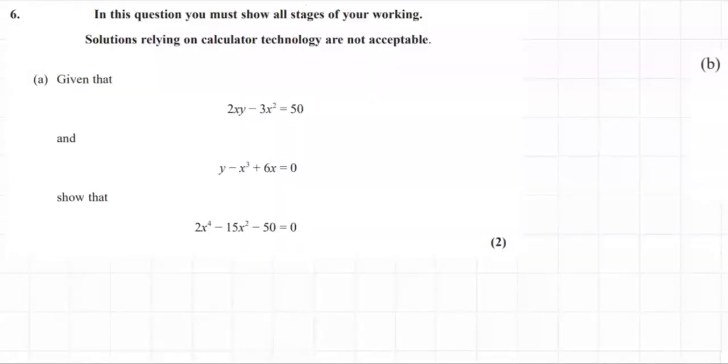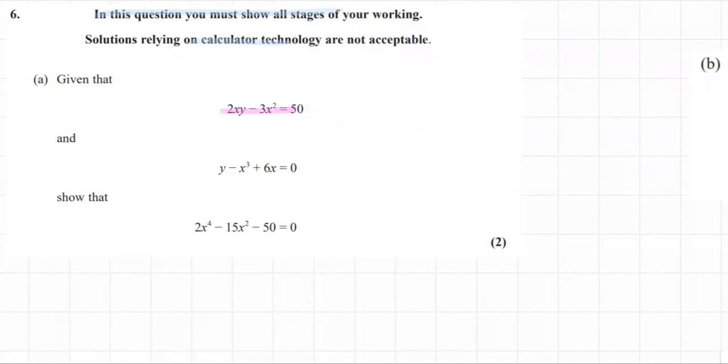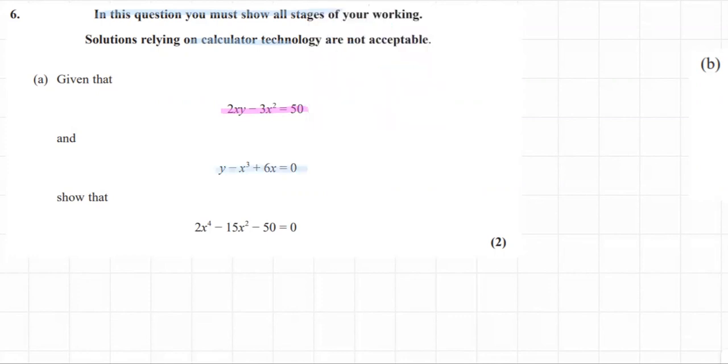So here's the information that was given. Obviously, usually there's just this disclaimer, don't rely on your calculator too much. Here's the information that is given. We have two equations. This one, 2xy, it's got x and y in it, minus 3x squared equal to 50. And the other equation over here, y minus x to the power of 3 plus 6x equals 0. And they want us to show that these two